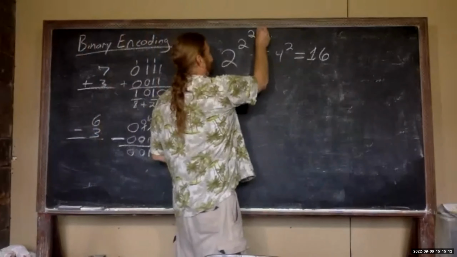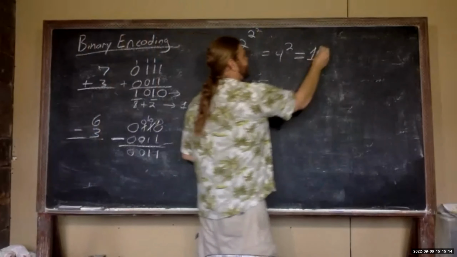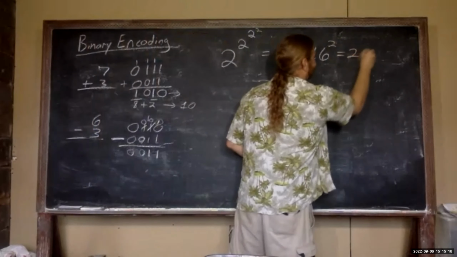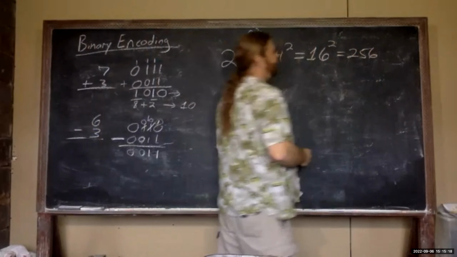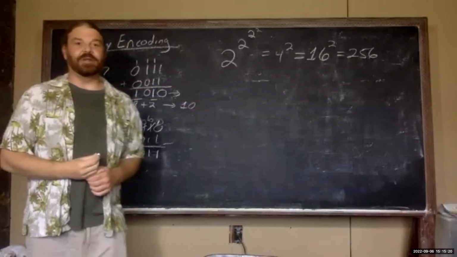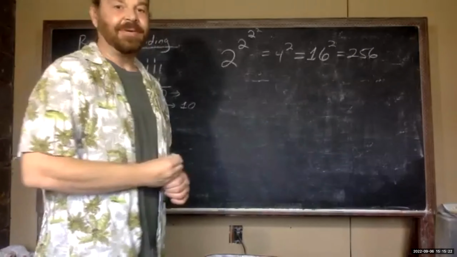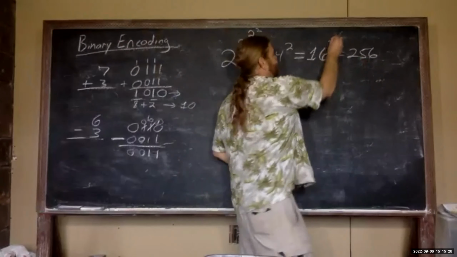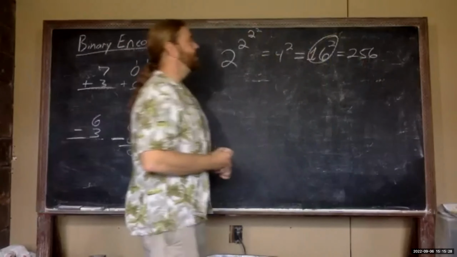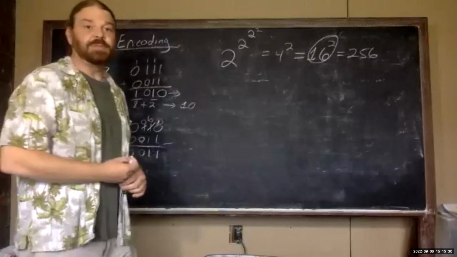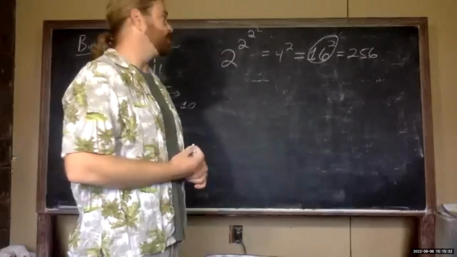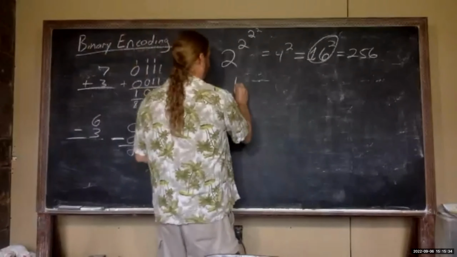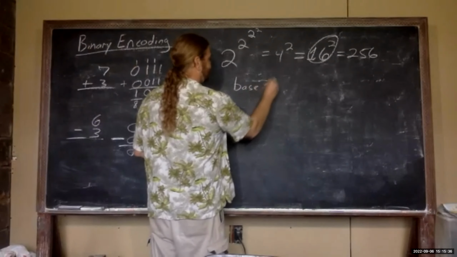If we check the next one, square that again, 16 squared would be 256. That's probably a little bit big for humans to keep track of. 256 symbols might be a bit too many for us. So 16 would probably be a much, much better base for humans to work with. So base 16,